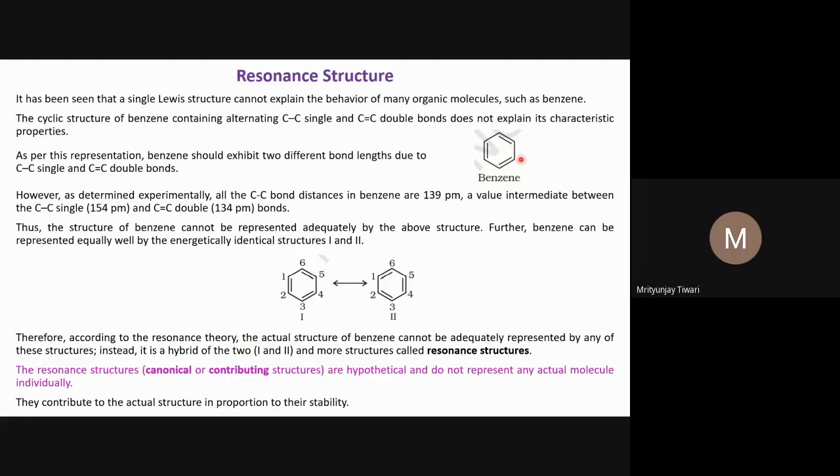However, what we see in experiments is that all the carbon-carbon bonds in benzene are of the same length. It means that with only one structure, we cannot determine or predict or understand the equal bond length, the carbon-carbon bond length in benzene. There are many other examples as well, like if you look at the